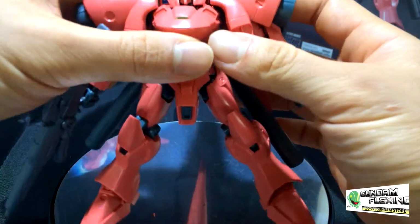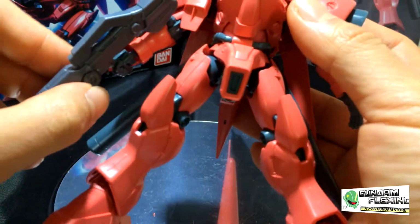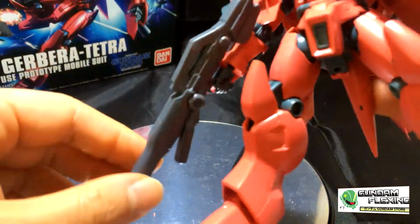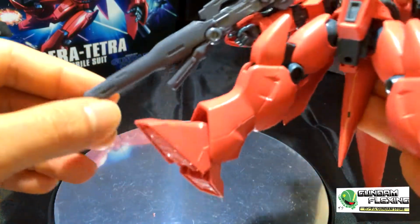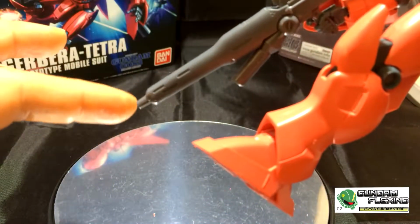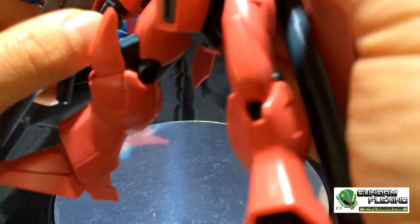So, going into the kit itself, here we are. We go to the head. Well, no, let's talk about the weapon, because there's only one weapon system in this kit, essentially, right? And this is the machine beam gun right here, which is pretty cool. Very massive. It's only 3 pieces. You got the left side, you got the right side, and then you have the end right here. And that's it, and it just connects to the hand like any other piece,